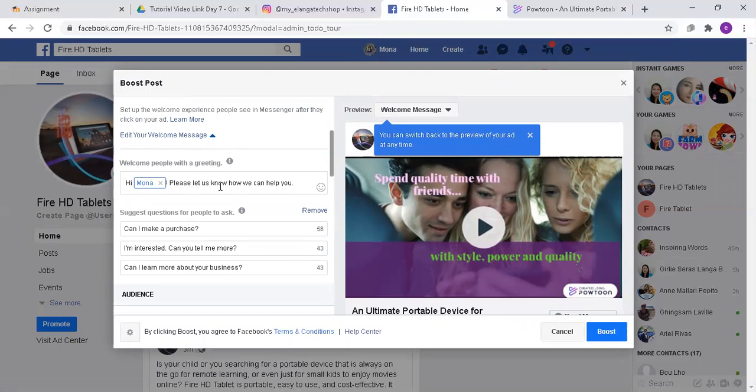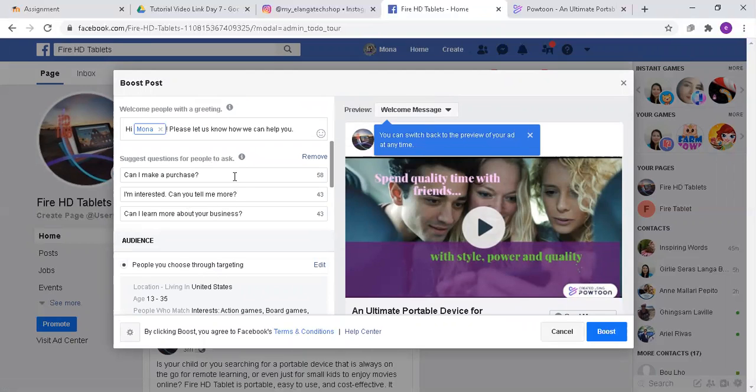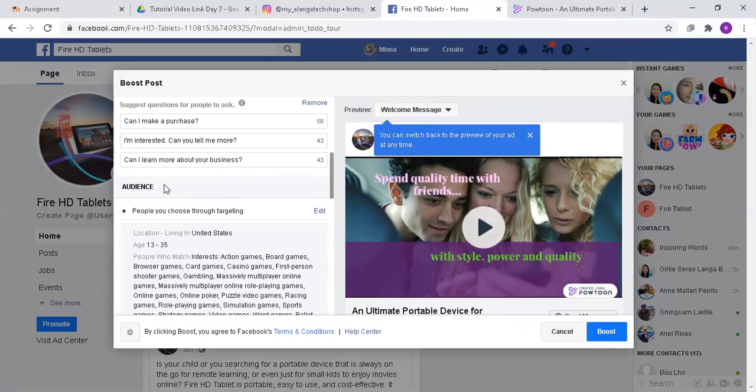I can choose the first option, and there are three options remaining below that you can choose. And for the audience part, this is the part where you can categorize your audience.